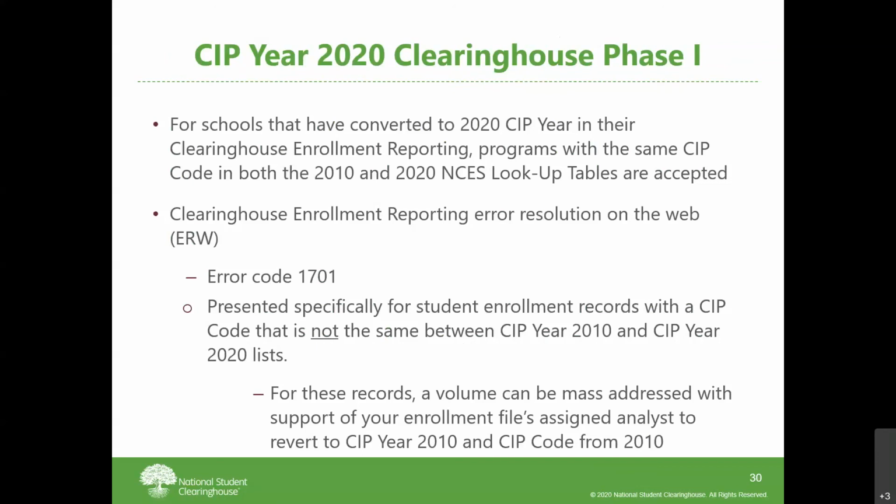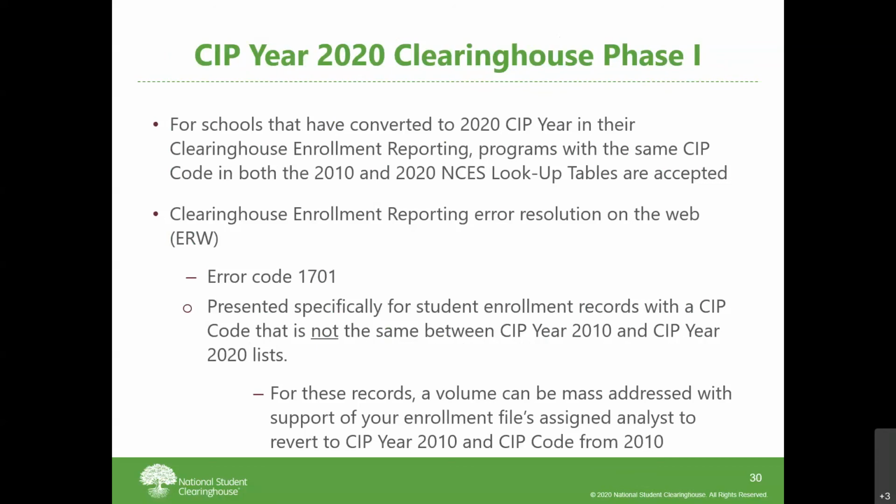So as far as when you do change over to reporting reflecting CIP year 2020 to Clearinghouse, there is an error code logic we have in place to alert you of instances where it's a CIP code that is not from the 2010 list. So the 2010 one that we're all accustomed to, we're going to present those records as error 1701 for those specific students.